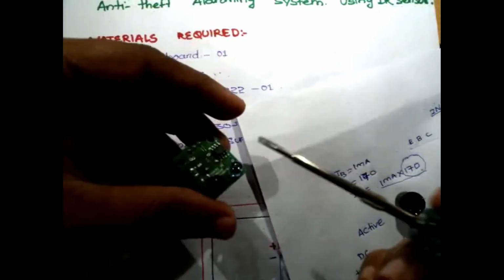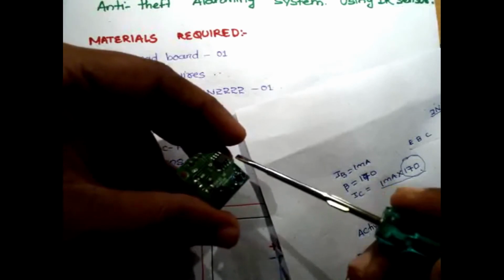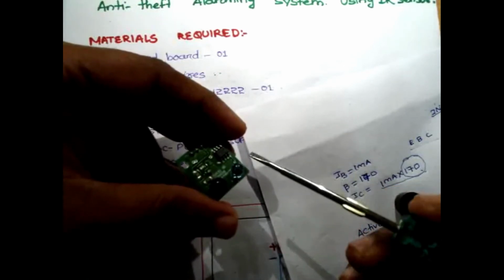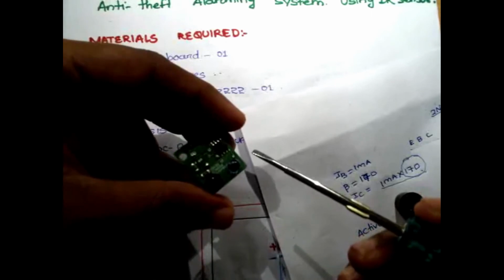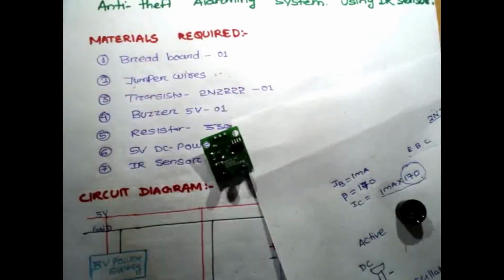We have completed all the components. Now we are familiar with all the components. You can see this black chip over here. This is the comparator. It always compares, and I have already discussed the same in my previous demo. Kindly go and watch that first. Next, we'll switch over to the circuit diagram.